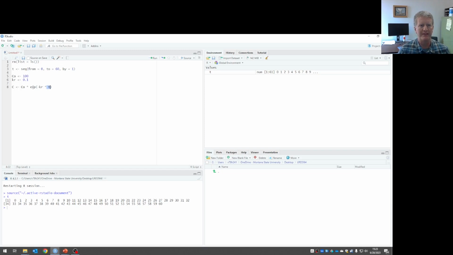Exponent will be that vector, so the exponent of that will be a vector. The exponent of each one of those values of k r's time t, that vector. And C0, again, is a single value, but we want to multiply that C0 by all of the values in that vector. So ultimately, we know from this math that our C will be a vector that's the same length as our original t,